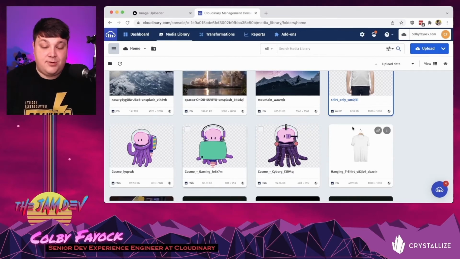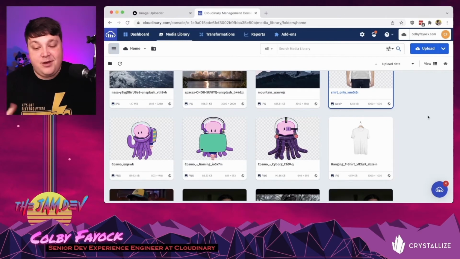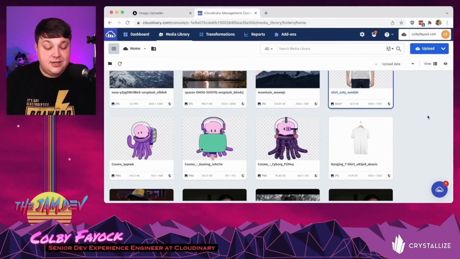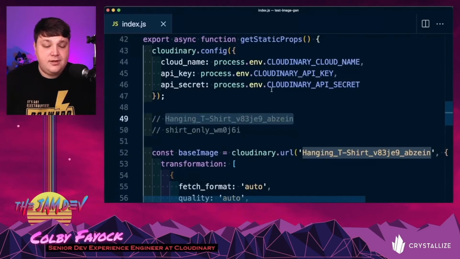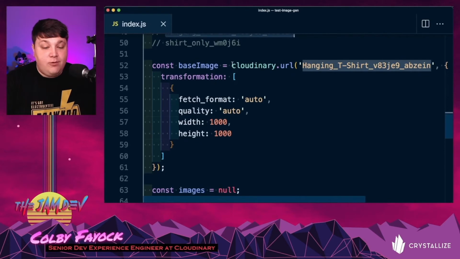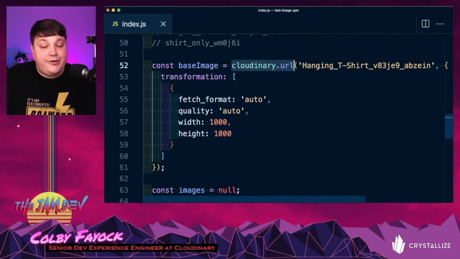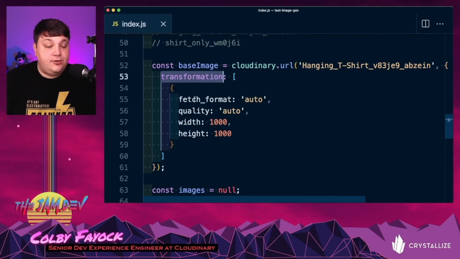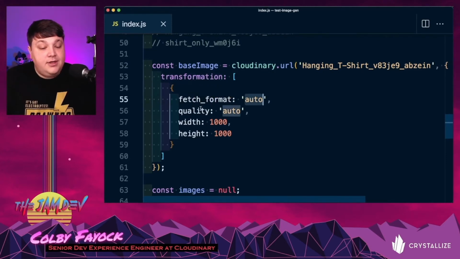We have Cosmo, your friendly space friend from spacejelly.dev, but we're going to be able to generate t-shirts with each and one of these pieces of art programmatically. Now, again, looking back into the source code, we have this hanging t-shirt, and what we're trying to do is generate this Cloudinary URL where we're applying some basic transformations, including the fetch format of auto and the quality of